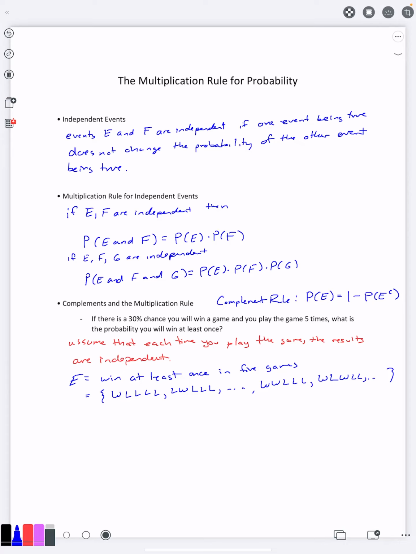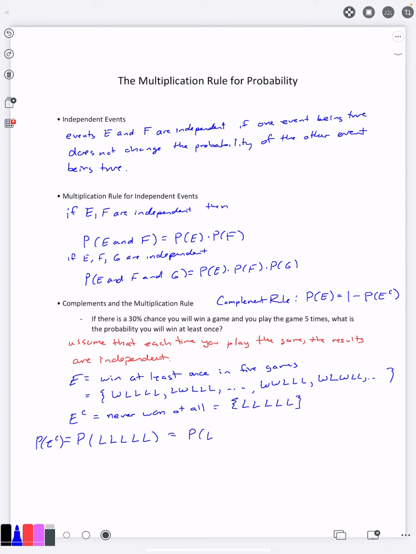However, if we look at the complement, what would it mean that I did not win at least 1 time? Well, the opposite of winning at least once means you never won at all. And guess what? There's only one situation where that happens: lose, lose, lose, lose, lose. That's the only situation where you are going to not win at all. And so what I can then do is say the probability of losing 5 times in a row, which is the same as the probability of E complement,